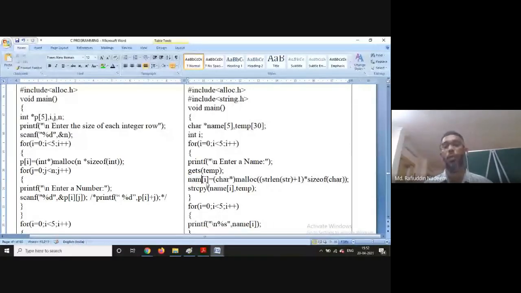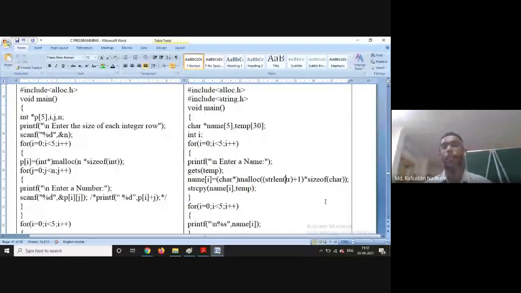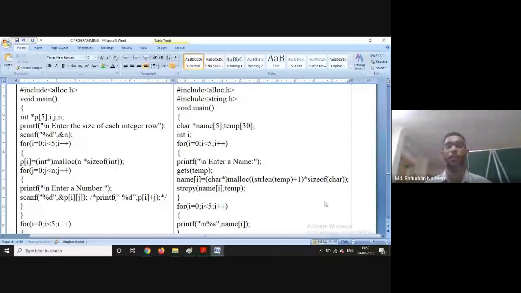Now, name[i] is equal to (char *) malloc of strlen of temp plus 1. Now assume that in temp you are given Vizag. So what is the length of temp here? 5. 5 plus 1.